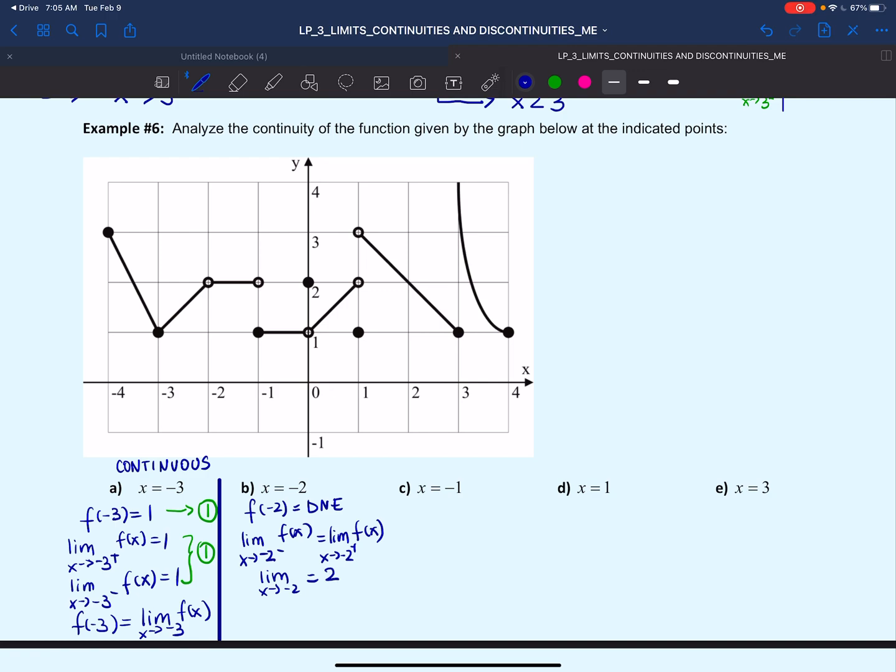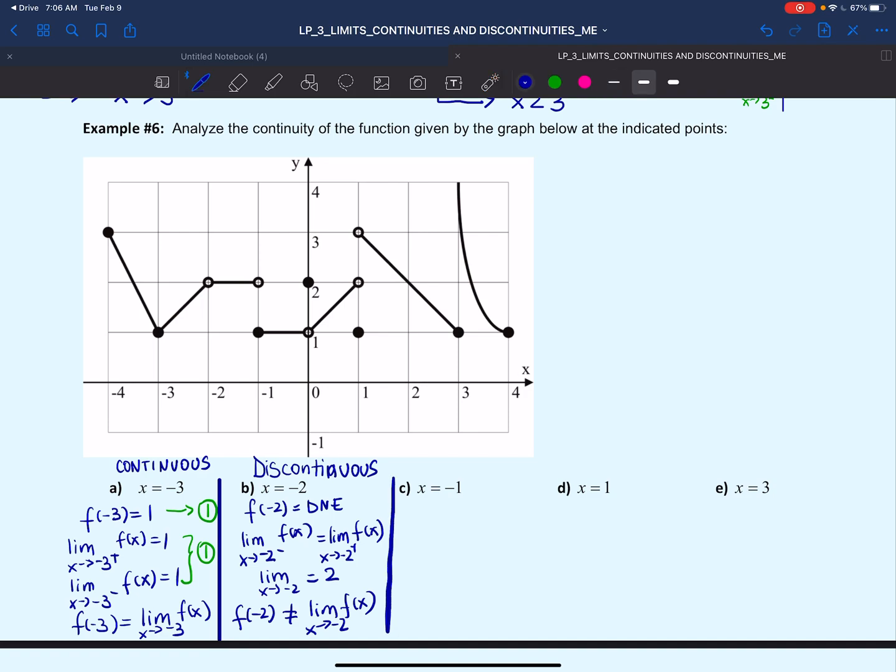However, because f of negative 2 is different than the limit as x approaches negative 2, we're going to say that the function is discontinuous. What type of discontinuity do we see here? This would be what we call the removable discontinuity. Next example,